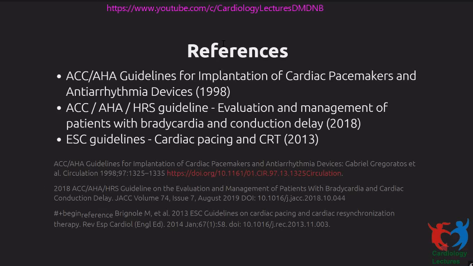Now, more commonly, you are not able to clearly find a cause of the syncope. So you have unexplained syncope and you have a bilateral bundle branch block or trifascicular block. So what do you do in these patients? One approach is to measure the HV interval. If you do an EP study and you find that the HV interval is more than 100 milliseconds, then you can go ahead and pace these patients.